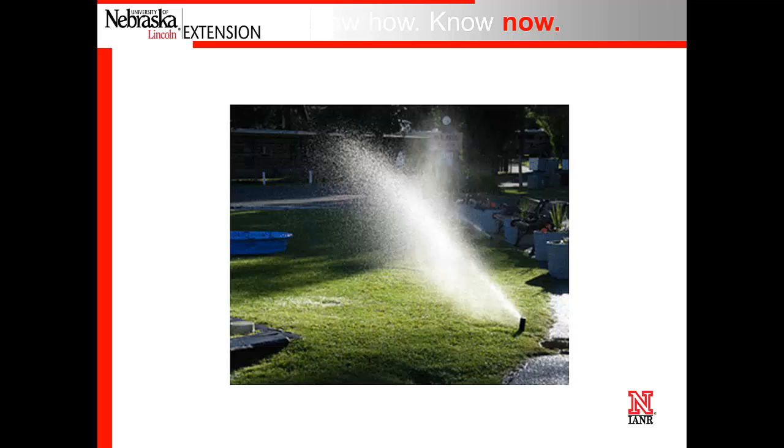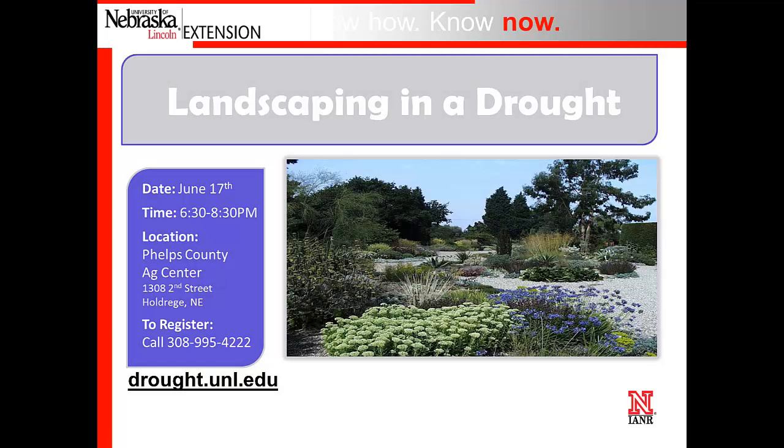This would be watering your lawn between 4 a.m. and 10 a.m., checking your sprinklers, make sure they're not running on the streets or driveways or concrete to reduce that waste and runoff. So these are just a few of the things that you can do to be more sustainable during a drought. For more information, please go to the drought.unl.edu website or attend the Landscaping and Drought Workshop